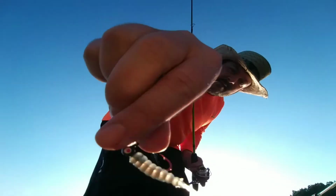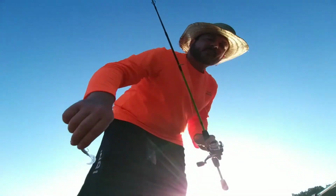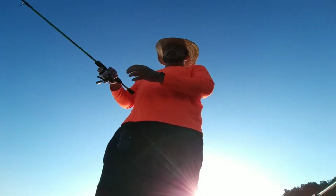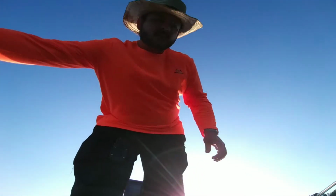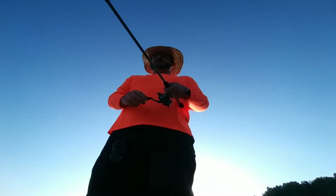Where's the camera on this thing? Oh, it's up here. Tennessee shad is the color. It's like a green, and it's got silver and black flake in it. Little specks. And it's worked pretty well. I switched over to this one, like I said, but I didn't really need to. I was doing well on...